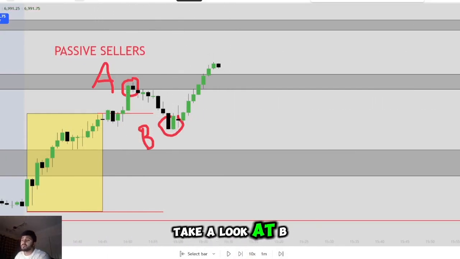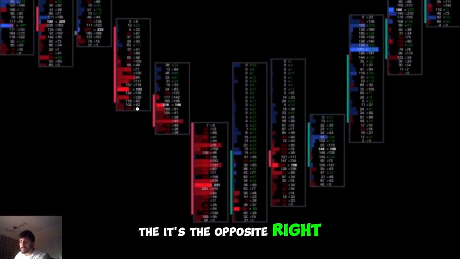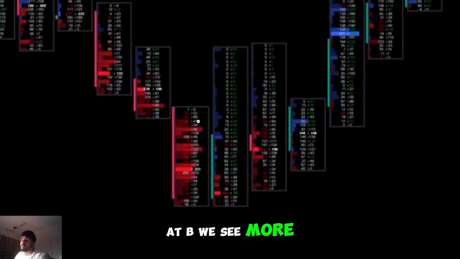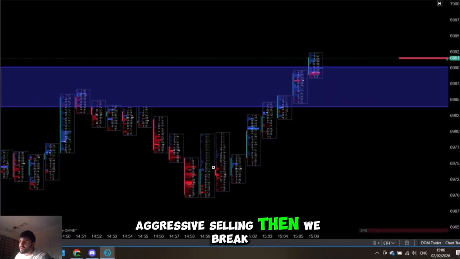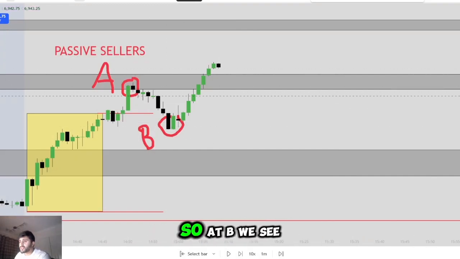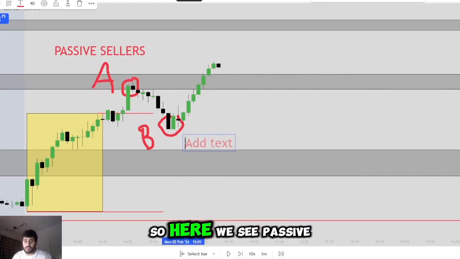Now let's take a look at B, right? So at B, it's the opposite. At A, we see aggressive buyers. At B, we see more aggressive sellers. Look at this: aggressive selling, aggressive selling, aggressive selling. Then we break above the zone, right? This is what's interesting. So at B, we see the opposite of what we saw at A. So here we see passive